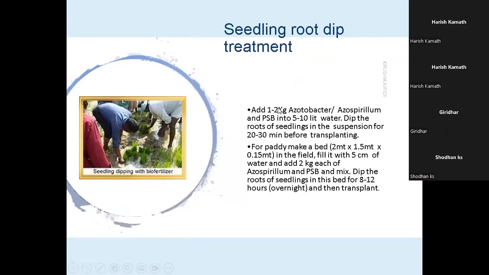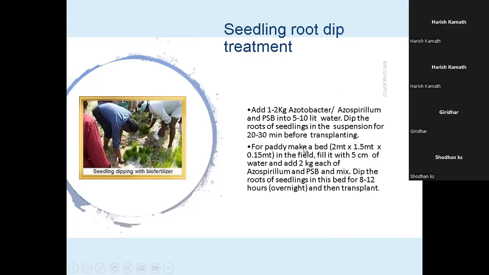During that time, you can take 1 to 2 kg azotobacter or azospirillum. These are nitrogen sources, and PSB, phosphate solubilizing bacteria. Make a solution of 5 to 10 liters, and then take the bunch of seedlings and dip it into this container just 20 to 30 minutes before transplanting into the main field. That will improve the rooting in the main field.